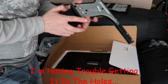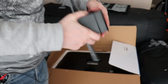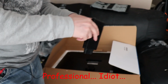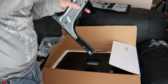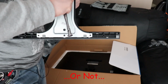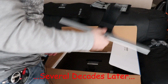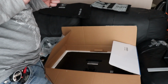Can't believe I'm failing at a two-piece stand. So that could be why. Let's try that. I was trying to put it on backwards, it would seem. Yeah, I'm actually having trouble getting that one in. One stand built. Now I just have to wait for my system to finish updating, and then we'll see what it looks like